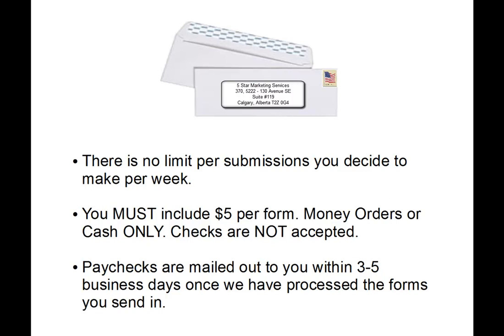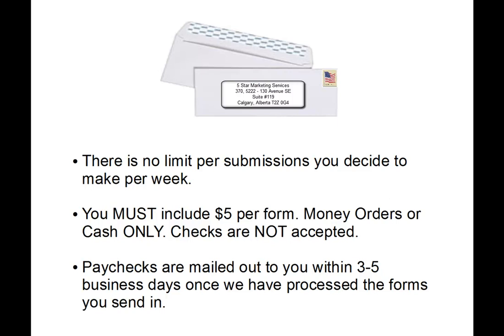Okay, and that being said, the last thing I want to cover is the paychecks are mailed out to you within 3 to 5 business days only. So it's a quick turnaround time that we get the payment back to you because we want you processing as many forms as possible. Okay, so the amount that you send in is the amount that we're going to be sending back out to you, and we do that as quickly as we possibly can, providing that you have